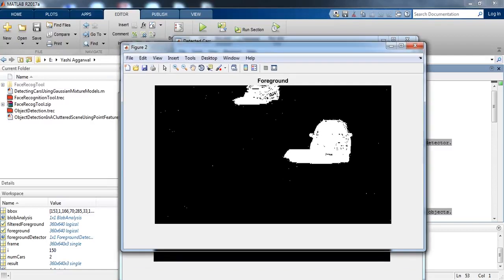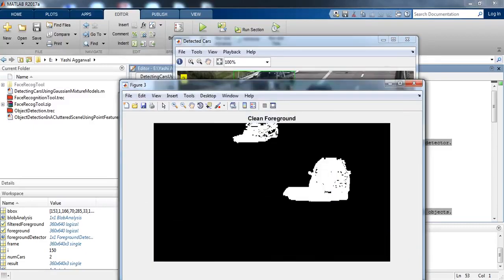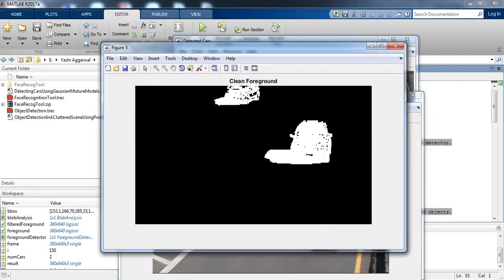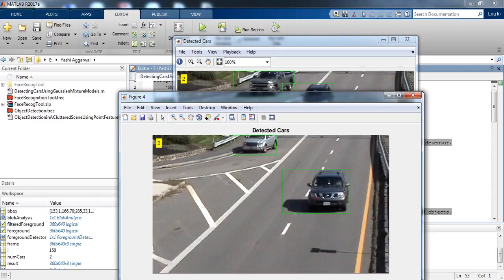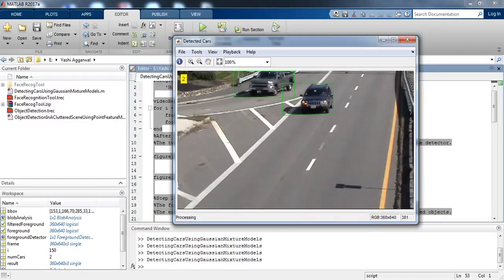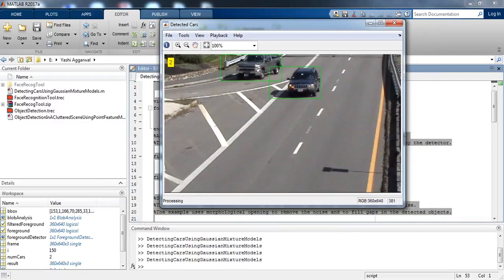In figure 2 we can see that we have extracted the foreground of figure 1, and in figure 3 we have cleaned the foreground which we extracted in figure 2, and in figure 4 we finally detected the cars, and in figure 5 we can see that the cars are running.